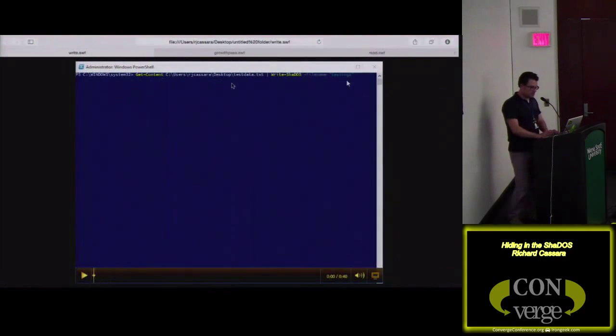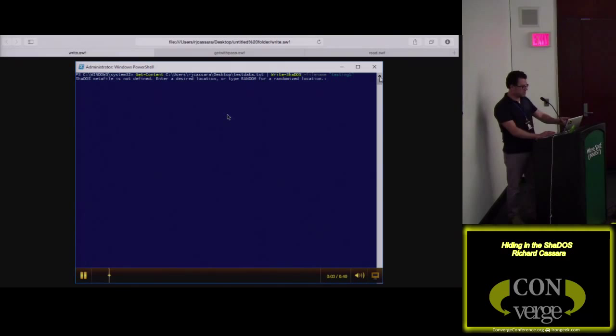So when I run this, I'm going to execute this command, and here it says the ShaDOS meta file is not defined. Enter desired location or type random. I typed in random, and then it tells me the meta file is going to be located at windows.device.wifi.dll.